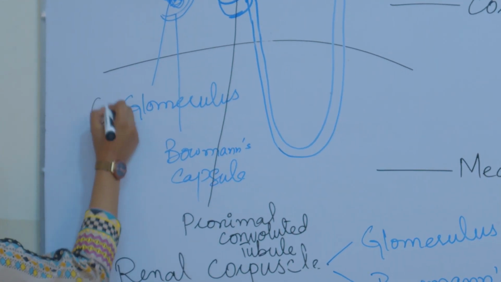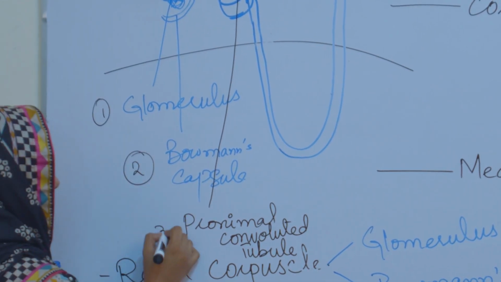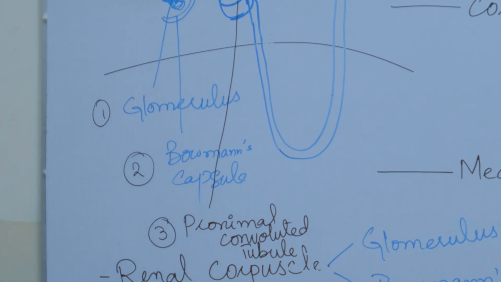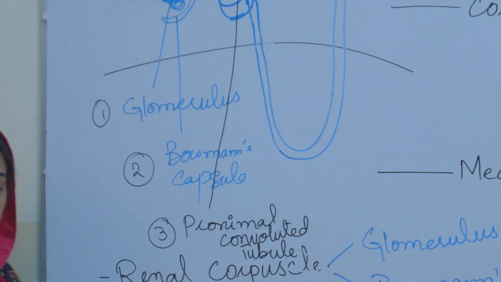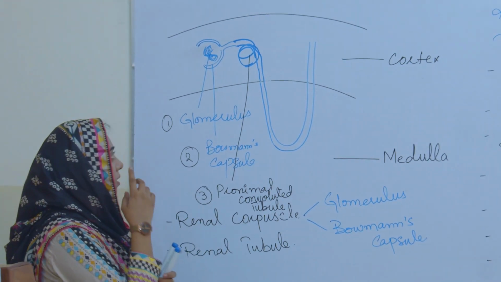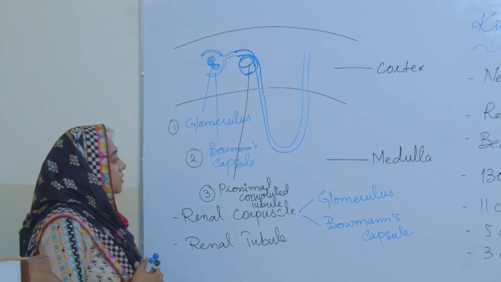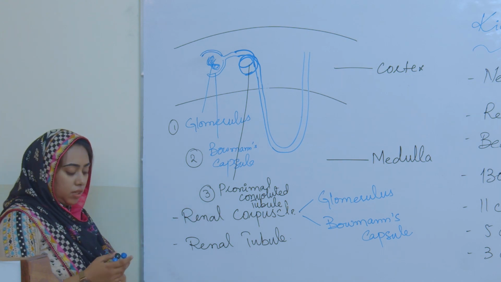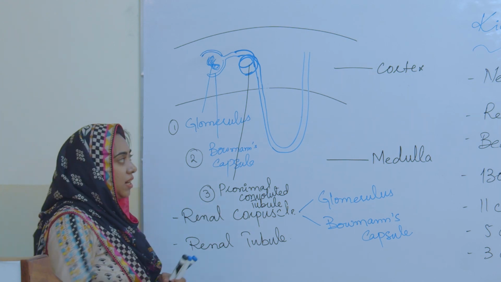So here it is number 1, this is number 2, and this is number 3. So the first part we have is the glomerulus, that is covered by a cup shaped thing which is Bowman's capsule. Then we have its folding, which is actually the proximal convoluted tubule, and afterwards it is extending inside